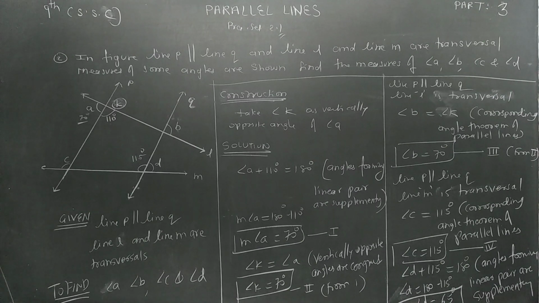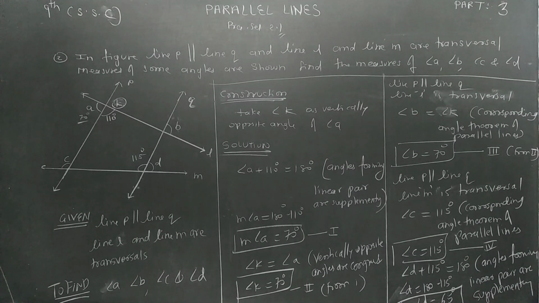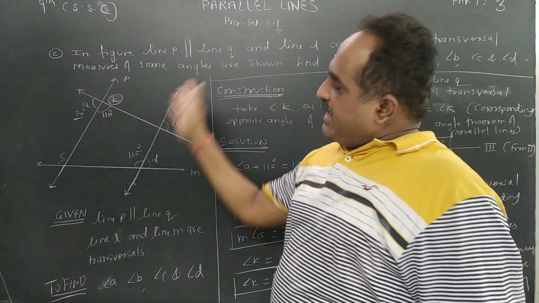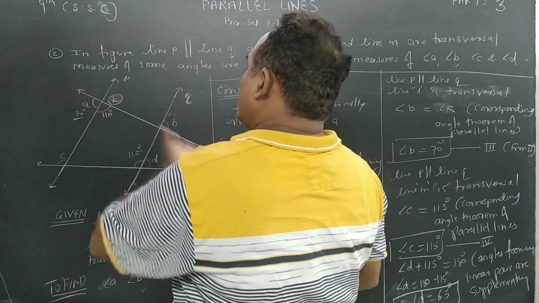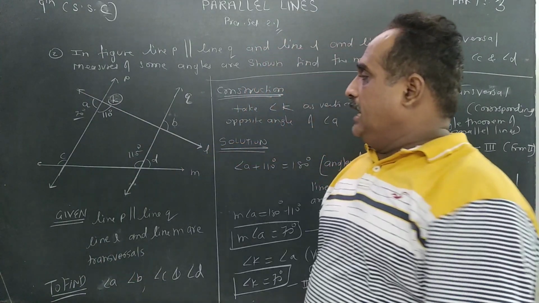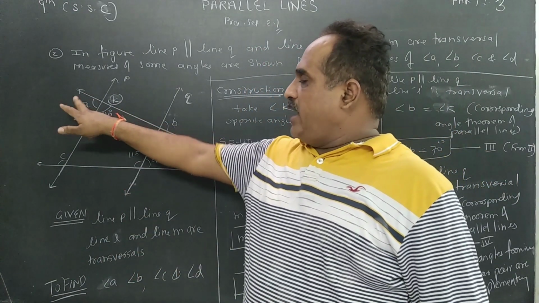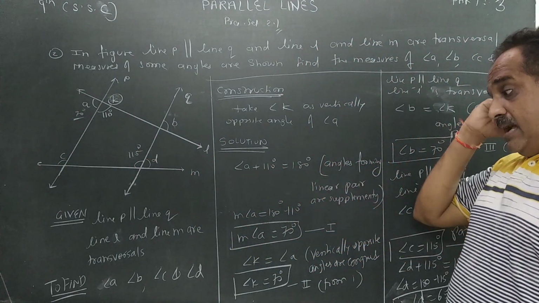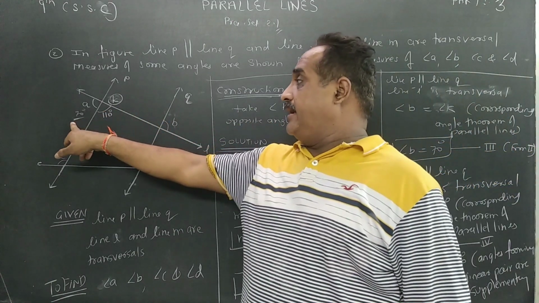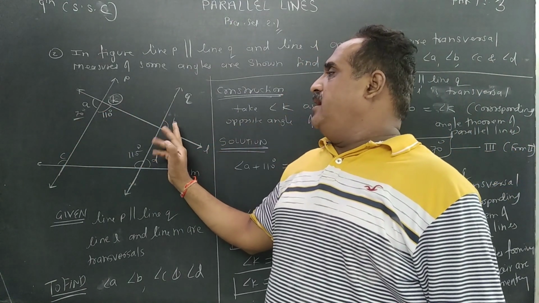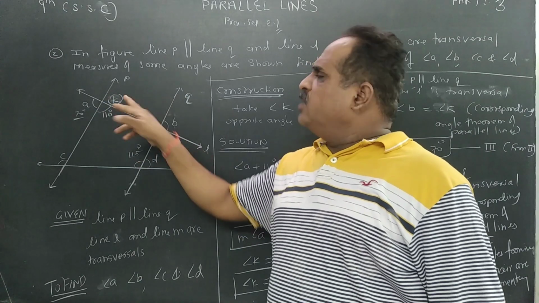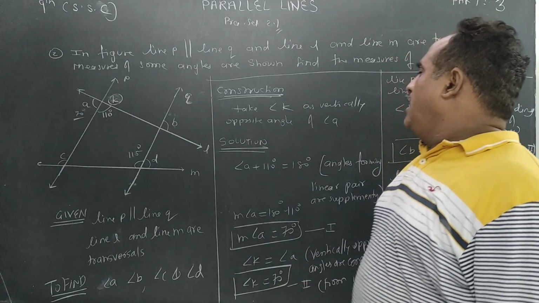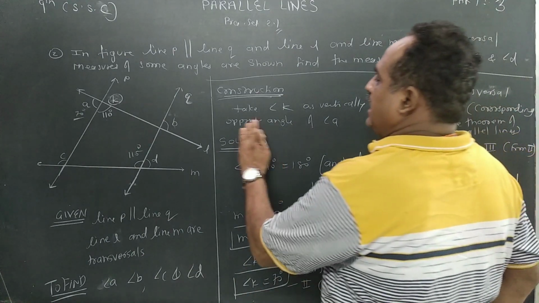Okay, I'll repeat it once again, this question. See, they are given the line L is parallel to line P. हमें parallel line important है, but there are two lines. They are the transversal. This angle is 110. They are asked to A. Angle A and 110 degree is what? 180 degree. Angles forming linear pair are supplementary. We got A as 70 degree. But to find out B, we require either this angle or that angle. So I have taken this. Angle K is a vertically opposite angle of what? Angle A.